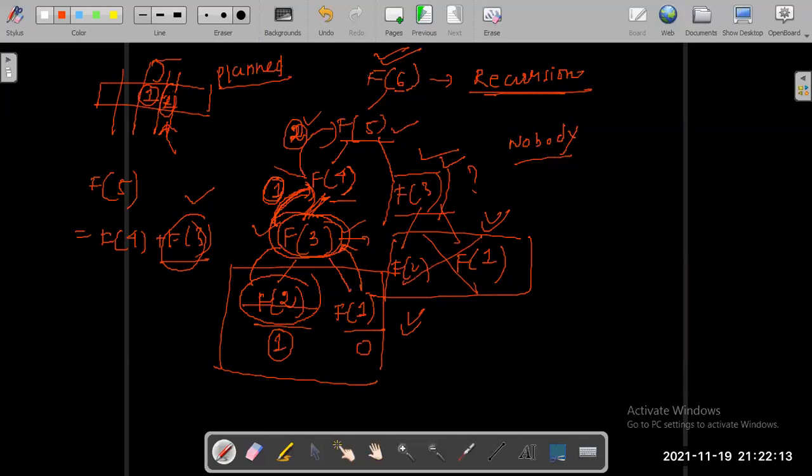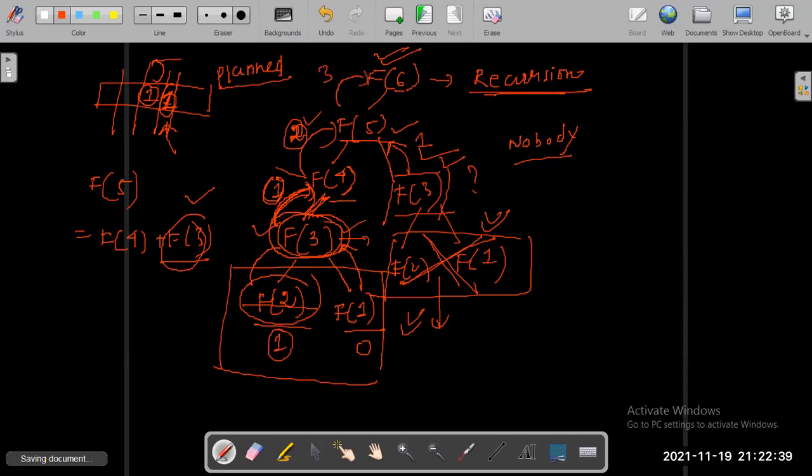Just return whatever value is inside the table to the previous function call, that is 1. Avoid recalling these two functions. Once f of 4 has returned 2 and f of 3 has returned 1, both have been returned, and it will return 3 to the previous function call.